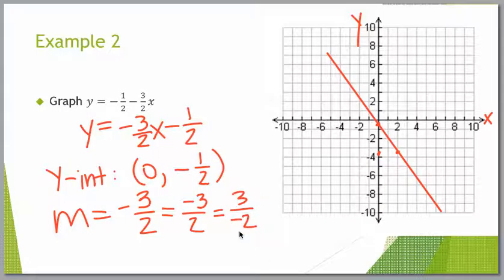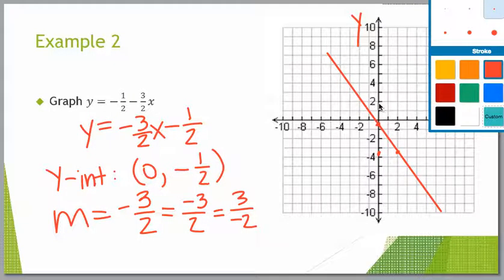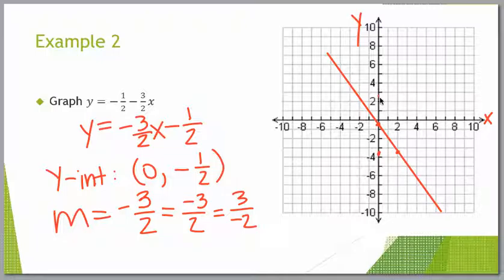You could also again use this version of the slope. They're the same exact thing. Let me prove it to you. We start at our initial point. We rise 3 units up since it's positive. 1, 2, 3. My pen. There we go. And then we run to the left since it's negative. So 1, 2. And we end up with a different second point, but you'll notice it's on the same line